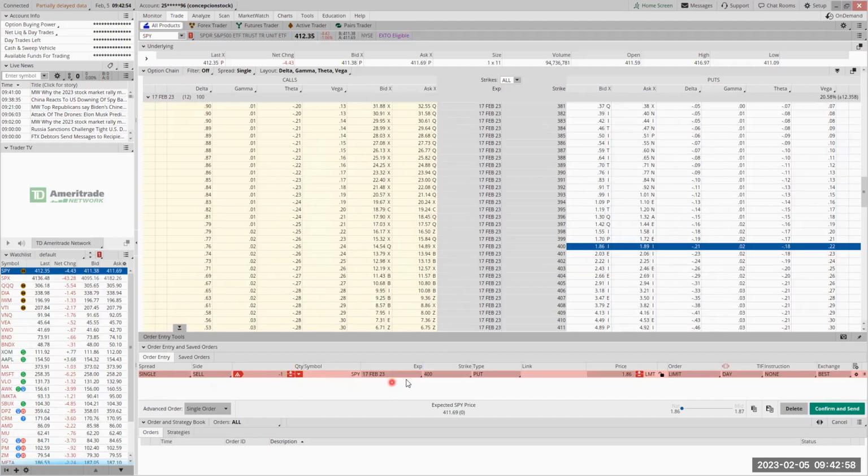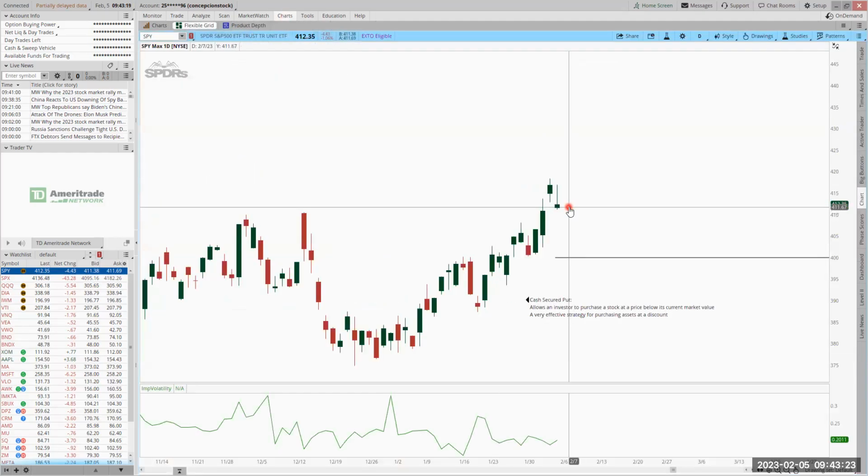The SPY, 17 February, buying a put, and my account is going to be credited $186 or $1.86. Remember that every time we're dealing with options, everything is a multiple of 100 because every single option contract represents 100 shares of that underlying asset. So what does this mean? Going back to the chart, if I sell a $400 put, I'm going to get paid $186